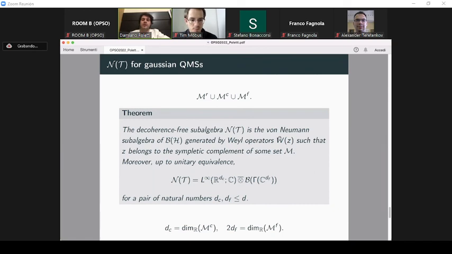So you can mismatch annihilation and creation operators and have the Decoherence-free subalgebra not nicely factorized in this way, but by a symplectic transformation, so by a unitary Bogoliubov transformation, one would say, you can always separate these two factors. I don't know if